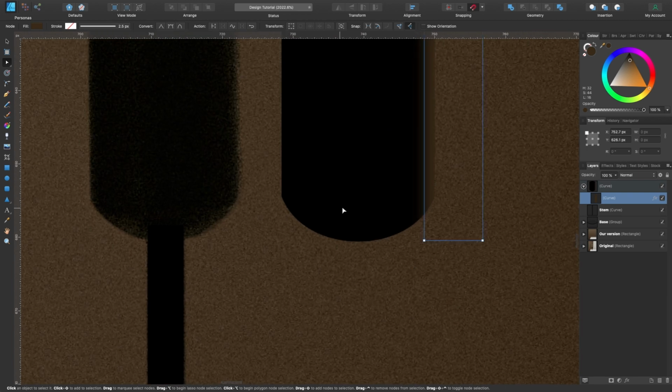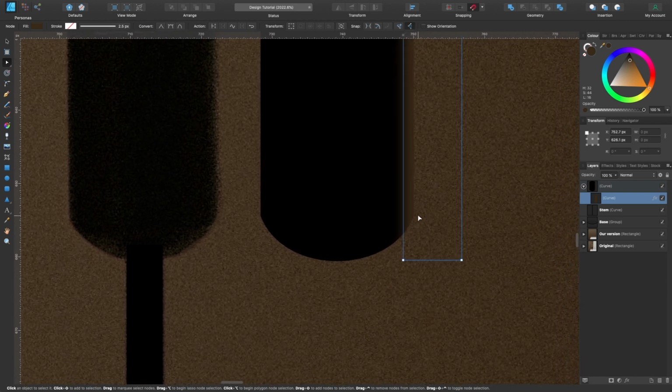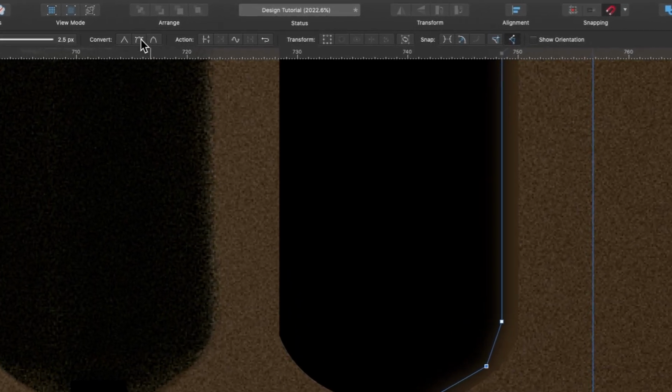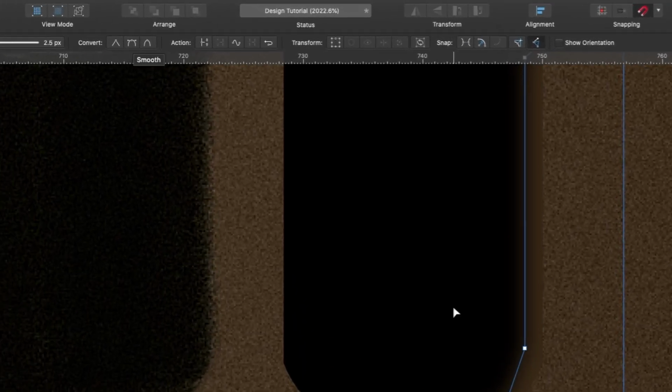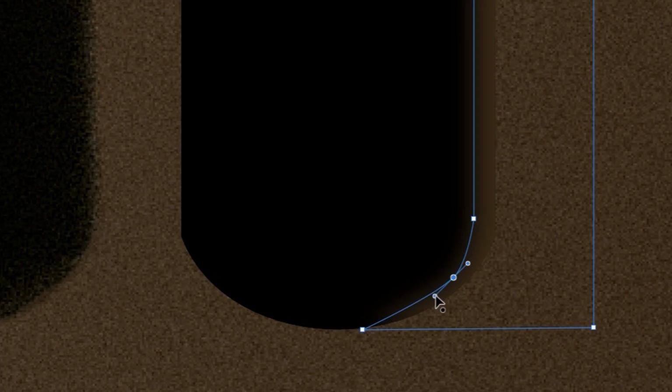And I'm going to do the same now that this is done here. You can see it goes around a little bit there. So I'm just going to create some more nodes here. So click one there, drag it to kind of the center, and maybe I'll click this one here, drag this up like so. And with this one, I'm going to create more of a rounded, smooth node. So I could just select that one and click up here on convert to smooth. There we go. It's converted it to a smooth one.